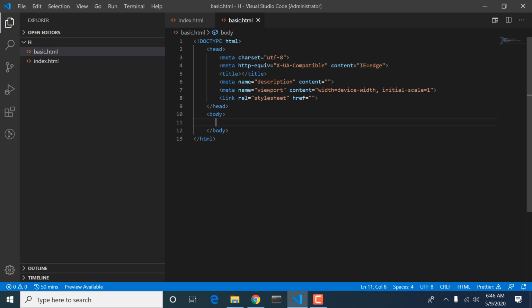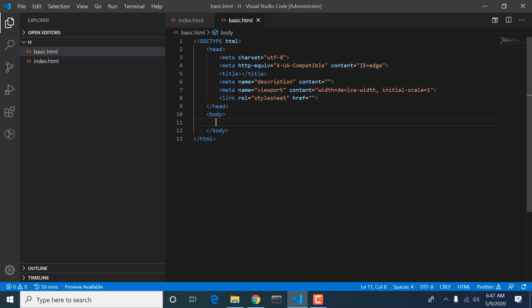So in this code, line number 2 and line number 10, I think these two things are very much clear to you right now. Going ahead with line number 3, what is this doing in our code? Meta is a tag given in the head tag. This data provides information to the web browser. It gives the character set UTF-8, which means that all the elements included in our file have a character sequence of UTF-8.